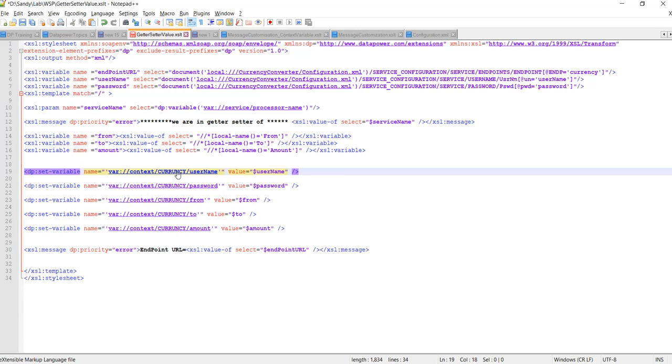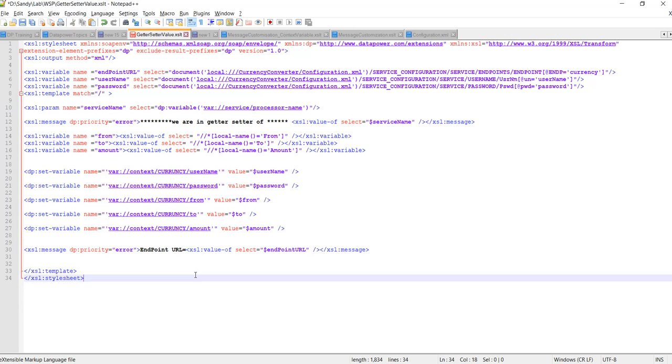So as per your web service name, or as per your scenario, meaning your multi-protocol gateway name or web service proxy name, whatever name you can keep here, and after that you can keep a variable name. This is for username, so to distinguish the variable name, I kept username; this is for password, I kept password; this is from, to, and amount. I created the context variables in that way so that I'll come to know what variable has what value. So we kept username into username, password into password, from, to, and amount.